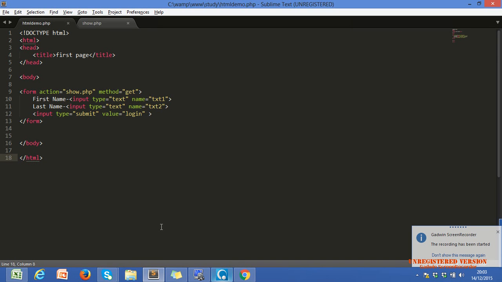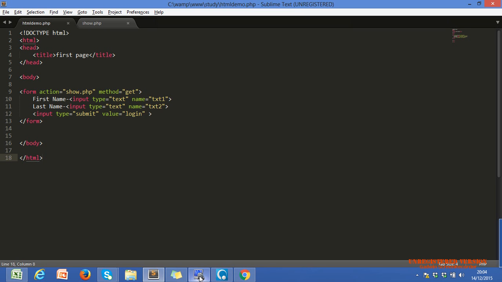If you want to transfer input values from one page to another page, you have to transfer them by some method. There are two kinds of methods: get and post. Just tell me why we use a method. To transfer the information from one page to another. Yes, we transfer information from one page to another page, and we redirect the page because of this action